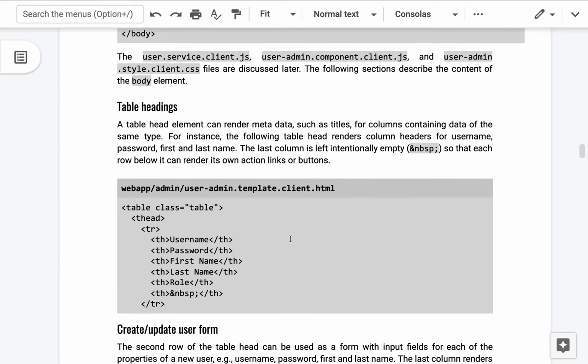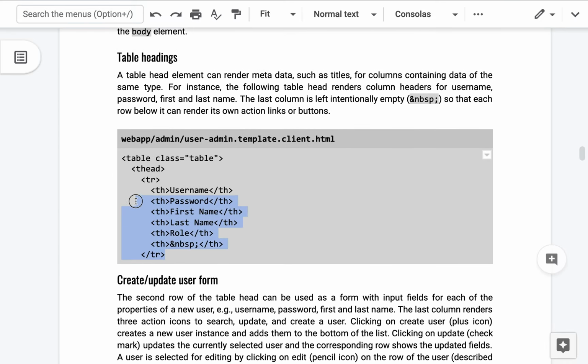Okay. It also gives you a snippet of code of what the table might look like. A table head in the first row, you have username, password, first name, last name. Also, it just introduces entities. These are characters beyond the ASCII characters that you can display on screen. HTML and browsers can display many more characters, Unicode characters that don't have a character representation but have a numeral or symbolic representation. NBSP is a non-breaking space,